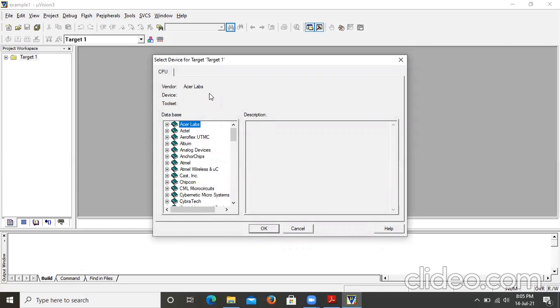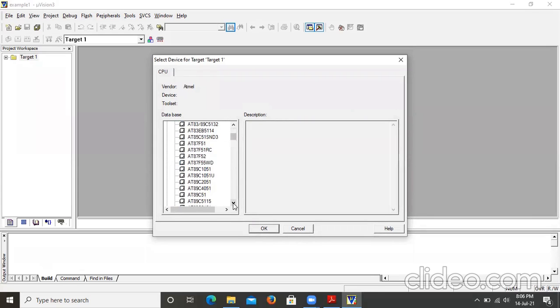After that, you are going to select the target. For the project, which target, I mean which microcontroller, are you going to use to run your program? In this, we will select Atmel. Expand this. These are the various series of Atmel microcontrollers.